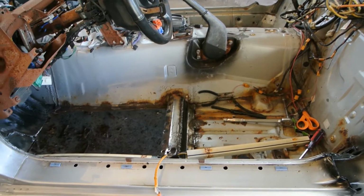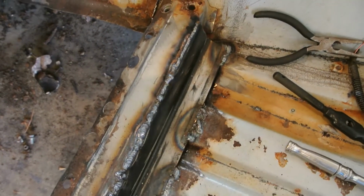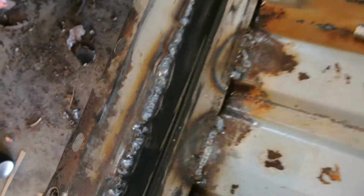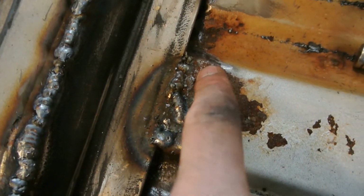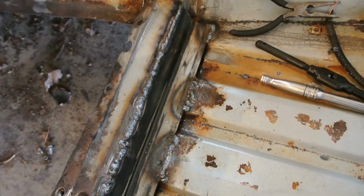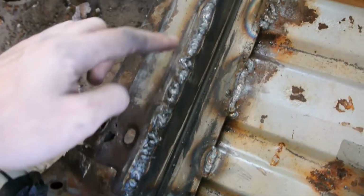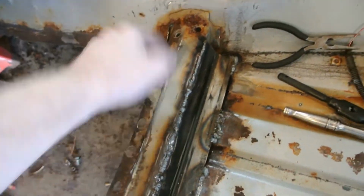After a bit of a struggle, I do have the first piece of angle iron in for the seat support. You can see that it's very, very bent out of 90 degrees, and that's because it was a bit smaller than the gap that I was actually bridging here. You'll also see that there are sections of okay weld here and there, but you can see this is rusty metal. Around the edges where I cut, the metal is significantly thinner than the good spots, and you'll see here and there that I'd be going okay and then start to burn through because just look at what I'm working with here. But that is strong, and the floor